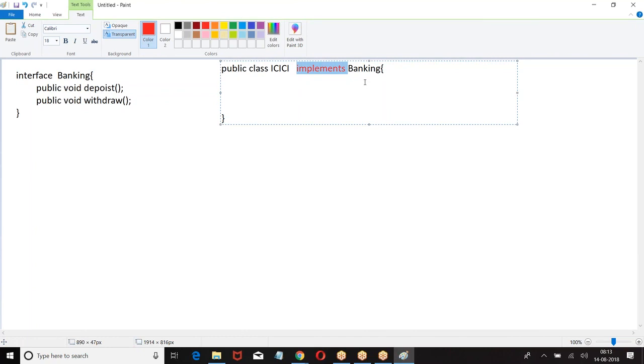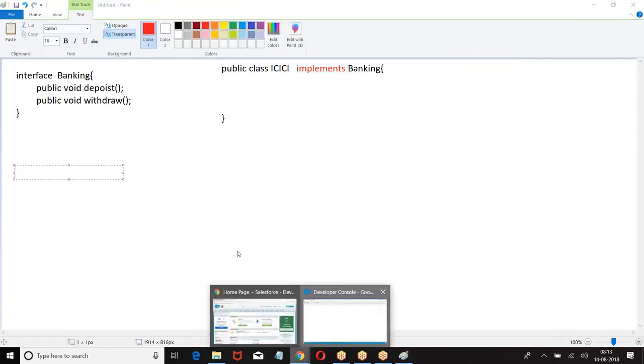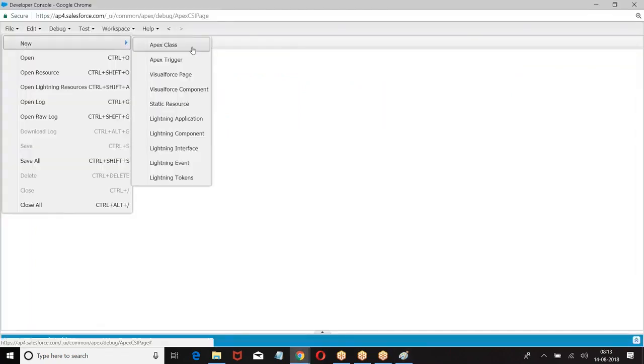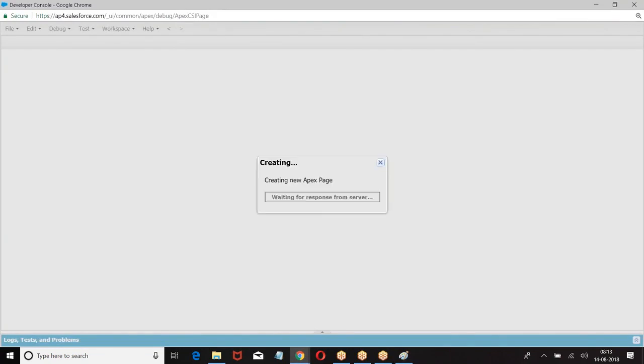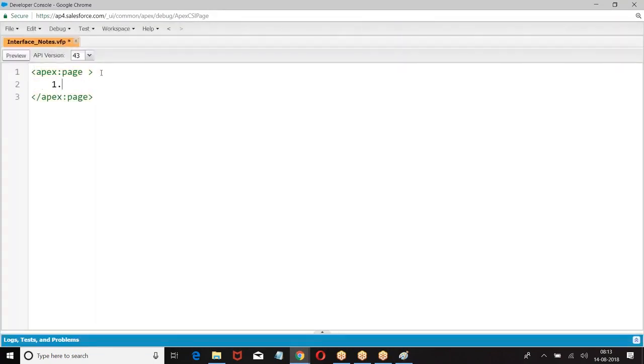Now everyone write a small code. Create a class. Create an Apex class which will implement the invoice interface.